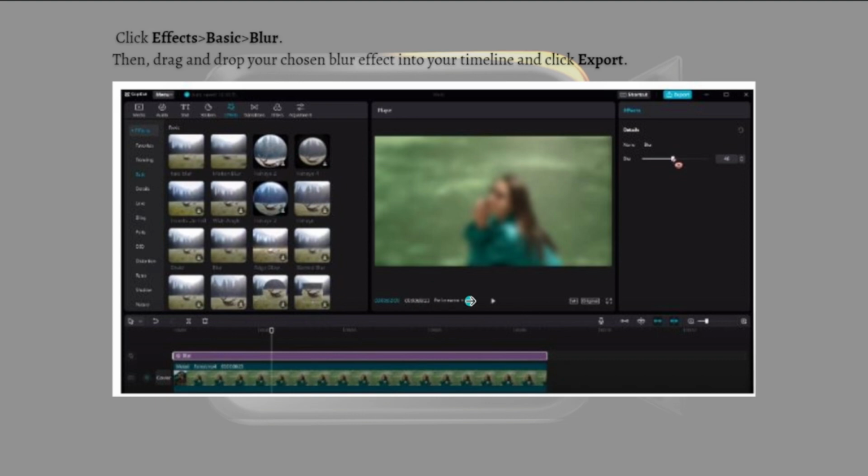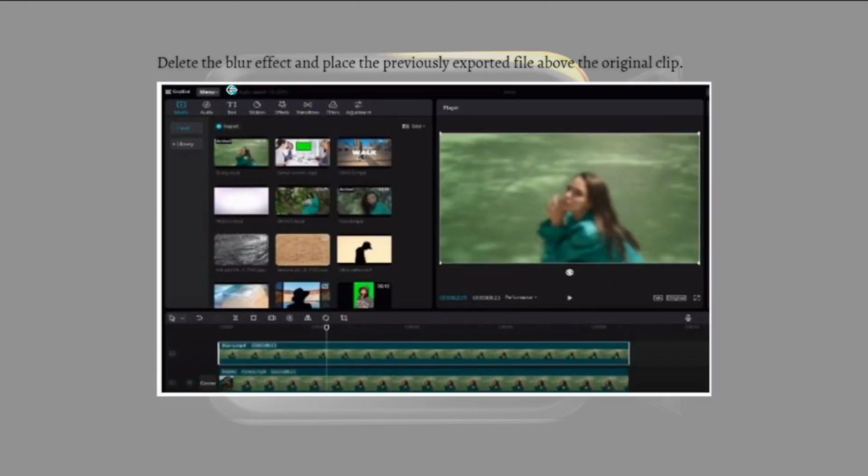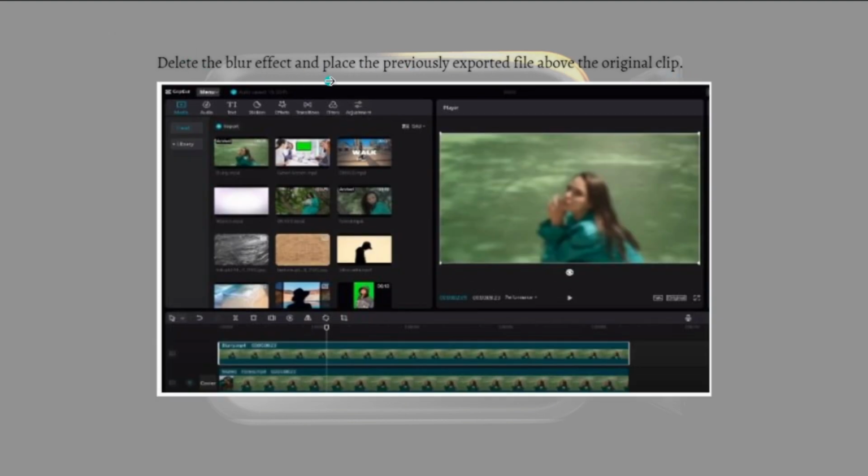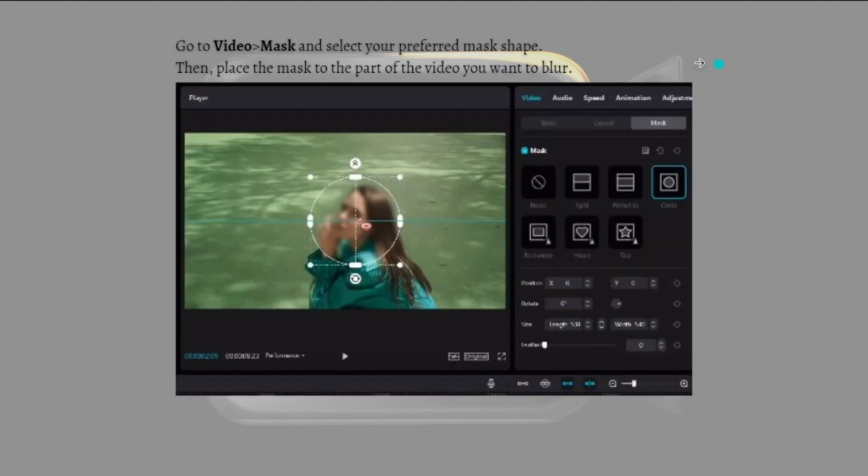So after that, it should be applied into your project, and after that, delete the blur effect and place the previously exported file above the original clip. So remember, on the previous step, it says right here to export after applying the blur effect. So after exporting it, delete the blur effect and then place the previously exported file on the original clip, and